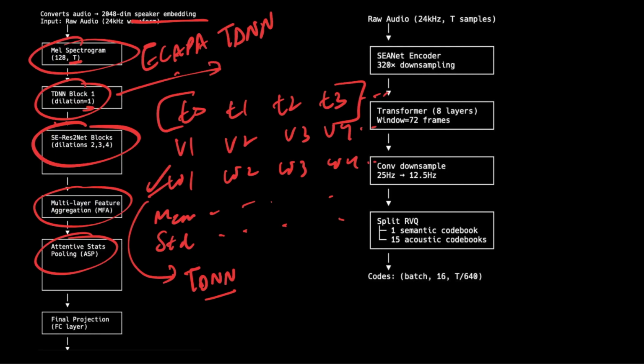One thing to note is that the earlier TDNN network was more focused on hierarchical feature extraction from the audio, identifying frequency patterns, phonetic structures, and multi-scale temporal features. The TDNN inside ASP, however, serves a different purpose. It computes attention weights to identify which time frames contain the most speaker discriminative information, enabling the weighted averaging that